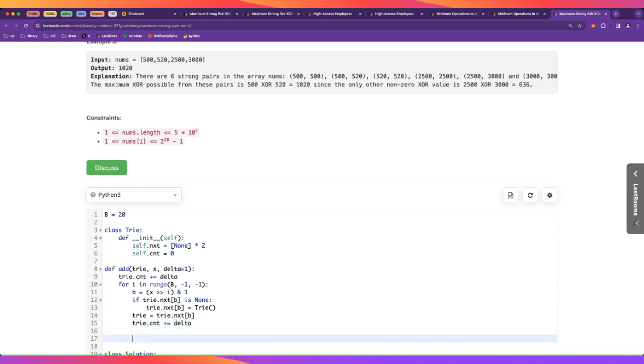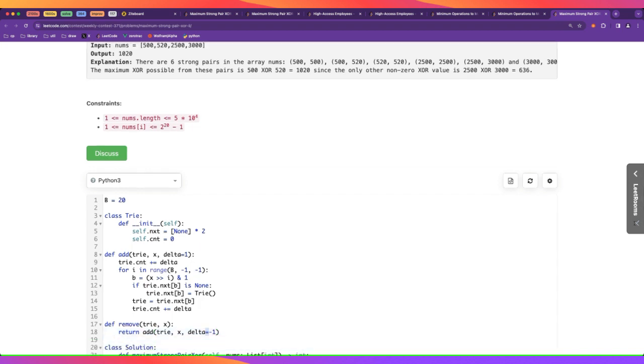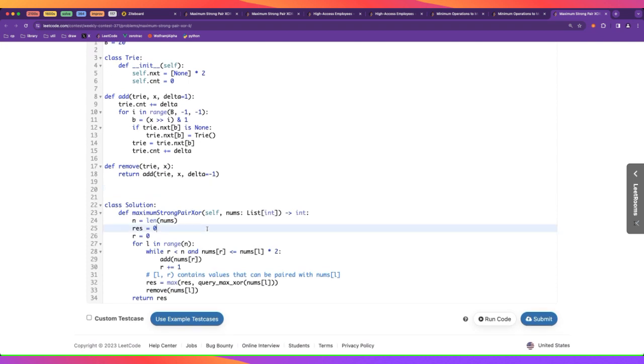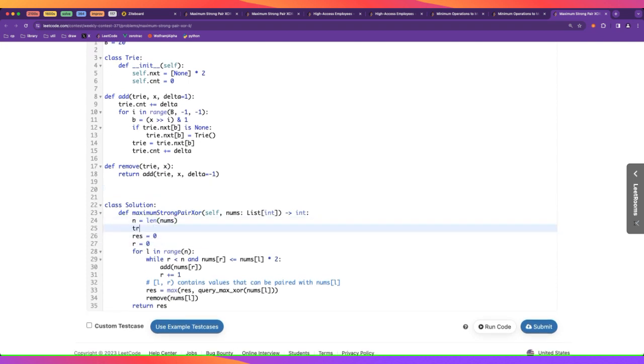Okay, so just for convenience, we can have a remove, which is just going to add trie, and the delta is going to be -1. Okay, so now we can have the trie data structure,